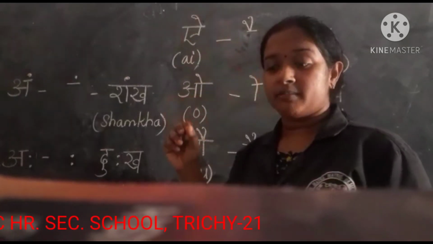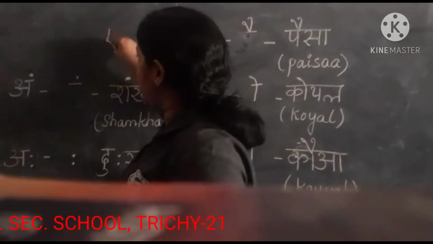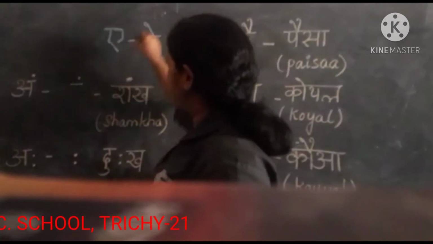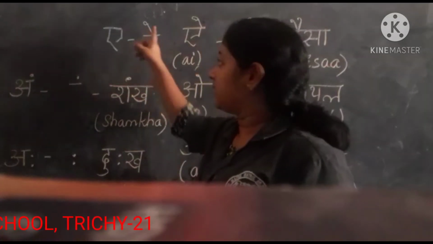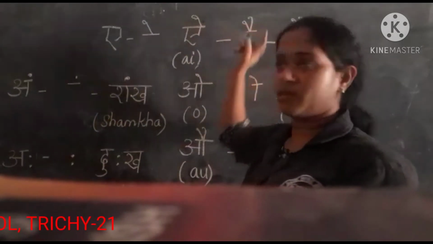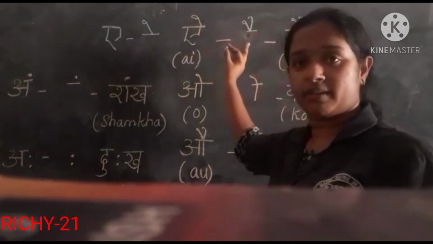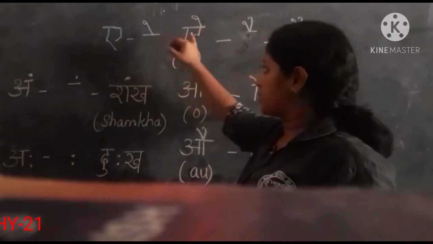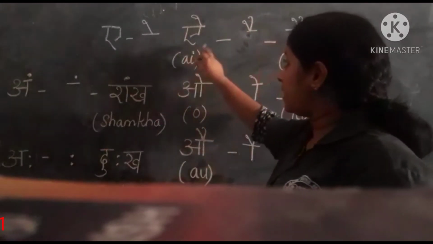Okay, I will give you one explanation. What is the symbol of A? Yes, this is the symbol of A, isn't it? So A has one symbol, a one line type symbol. When it comes to I, two symbols will be there, that is two line symbols. Okay, so this is the way you have to write it. So this is the symbol of I. For A only one line was there, and for I, two symbols are there.